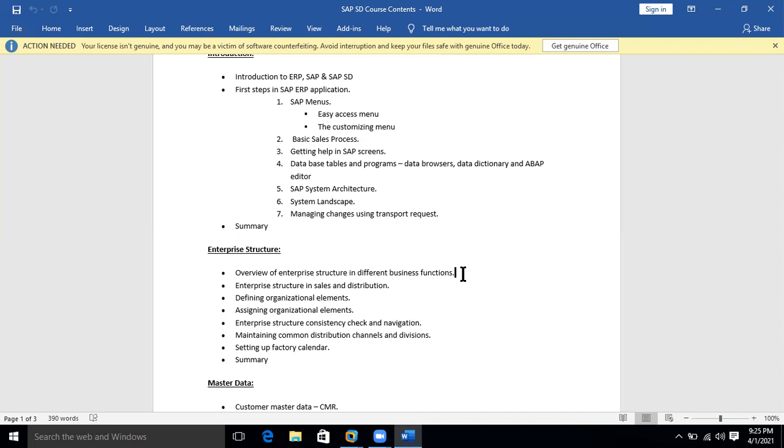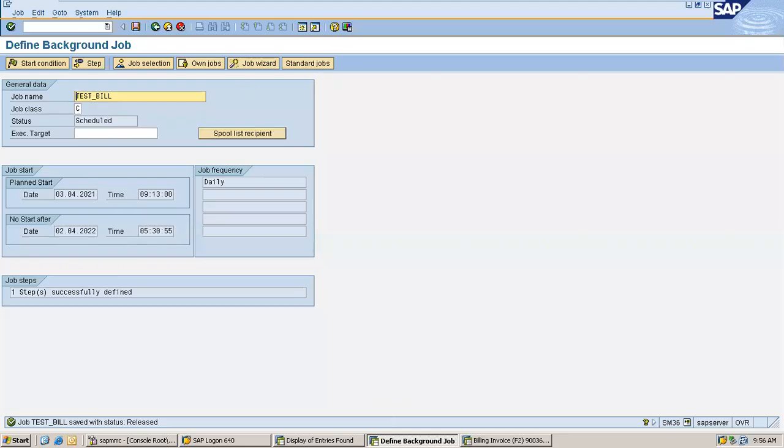Common distribution channels and divisions. So what is the use of common distribution channels and divisions? I'll directly go to the common distribution channel and division setting.